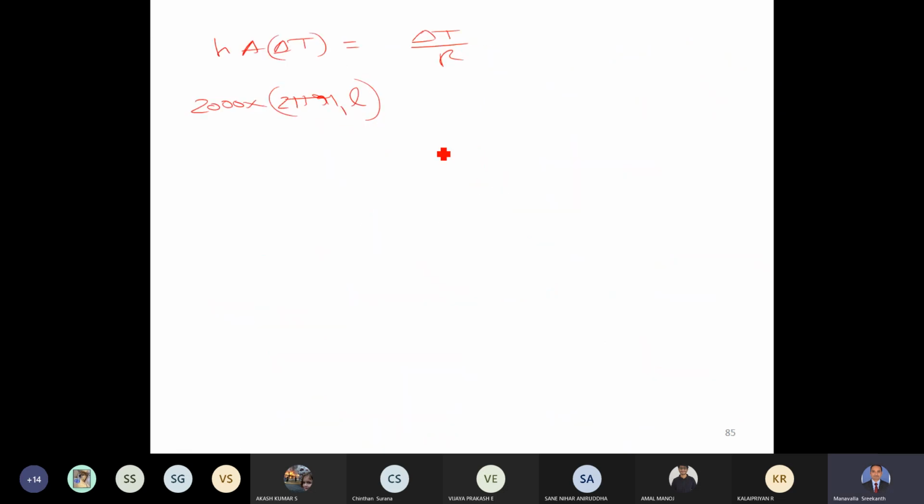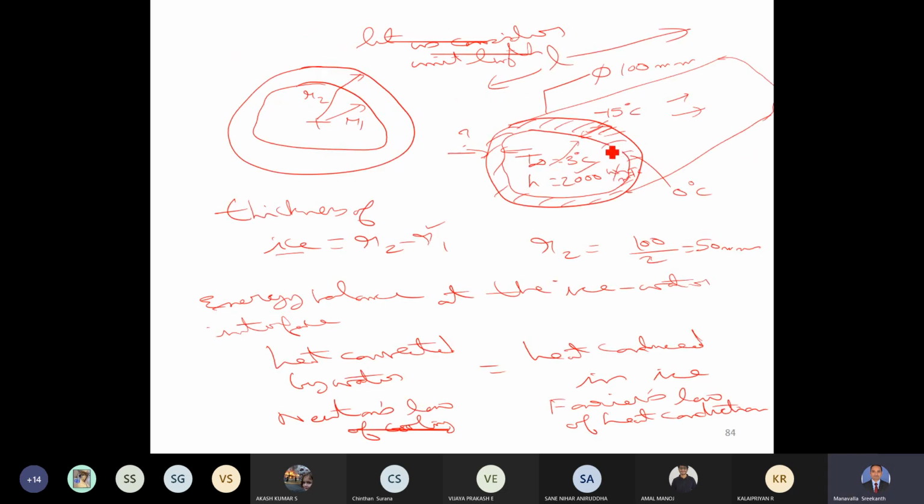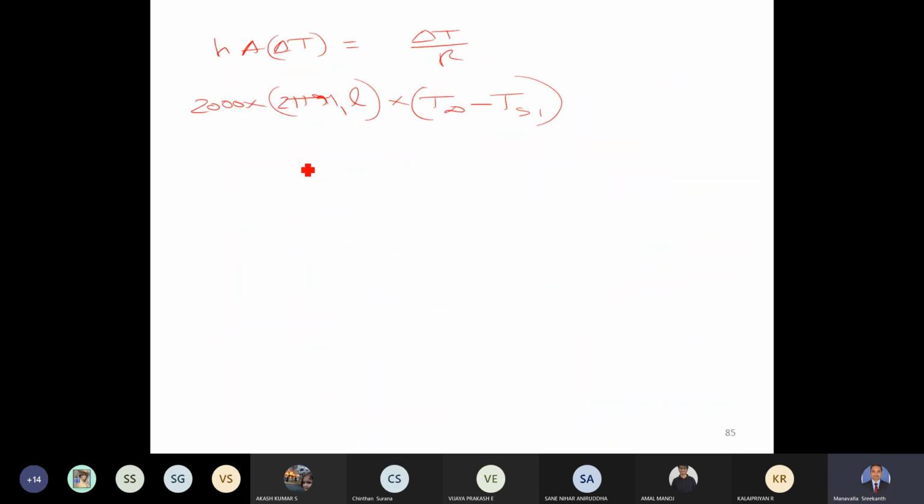Since length is not given, we'll consider the unit length, so L can be taken as 1. So this is h, this is area multiplied by delta T. Delta T will be T infinity minus Ts1, T infinity minus Ts1, this surface temperature. So this should be equal to this. On the right hand side we have the heat conduction, and for this we will use the heat conduction formula for